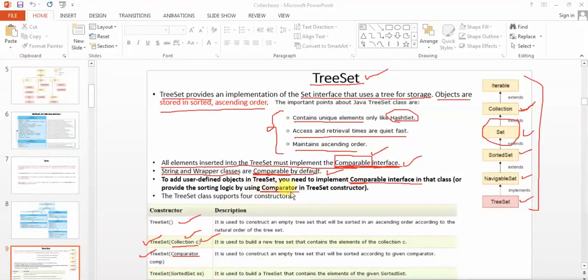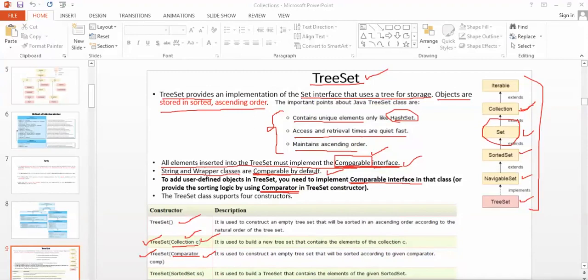We'll talk about Comparator later on, but right now you may not be able to understand what Comparator is. So just for your knowledge, remember that you'll get to know when I talk about the Comparator and Comparable interfaces together. So these are the constructors of TreeSet.